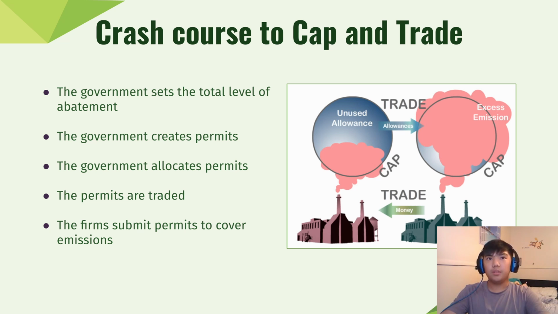So this is a mini crash course to cap and trade, where basically it starts off with the government setting the caps to control the quantities inside the policy. Then the government creates permits to limit the total amount of emissions to the size of the cap. The government then distributes the permits to firms emitting pollutants, or the permits can also be auctioned off to polluting firms by the government. Permits are traded between other firms due to the excess being held by firms that produce little to no pollution. The firms then submit their permits to the government to cover their emission records.